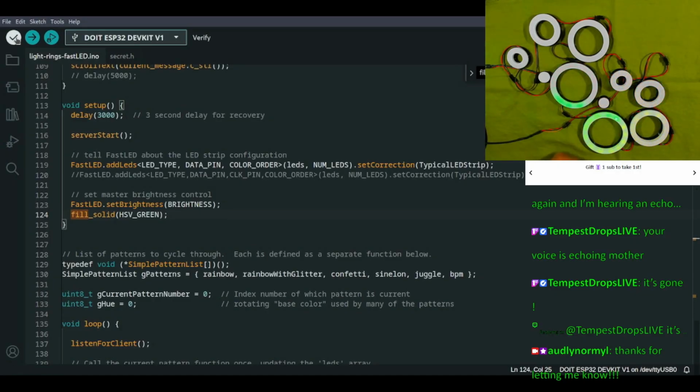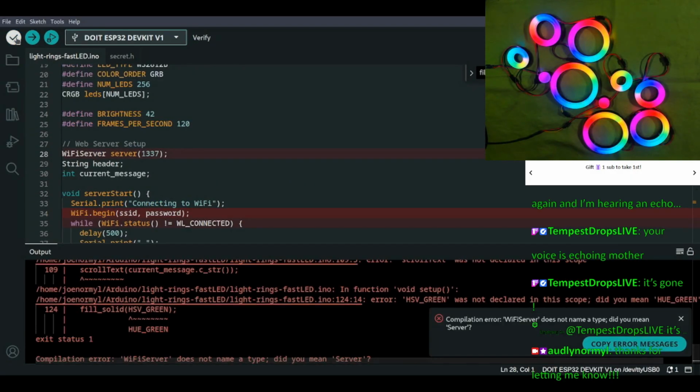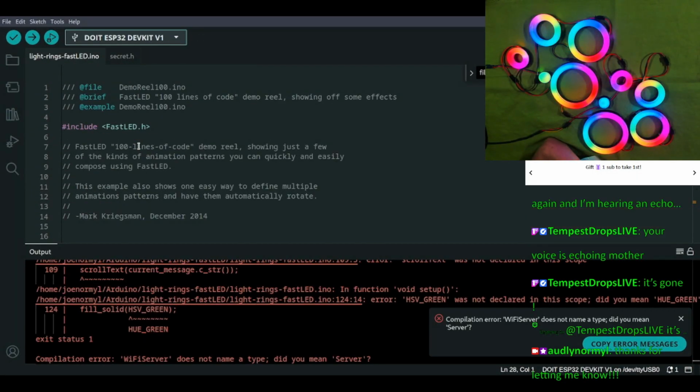Let's just verify the code without compiling or without importing. I have a feeling this is not going to compile. It's because I don't know how to call this function. WiFiServer does not name a type. All right.